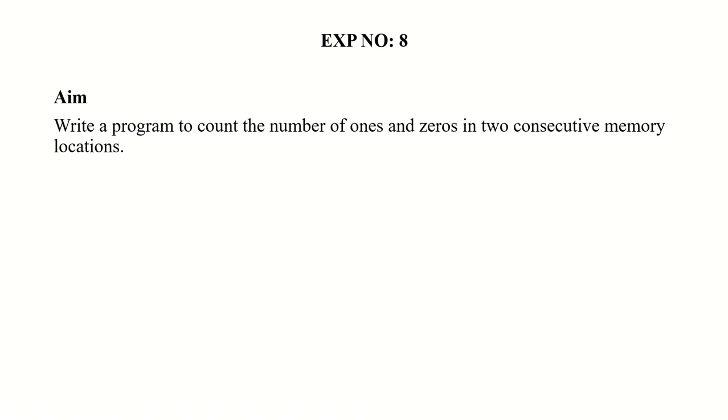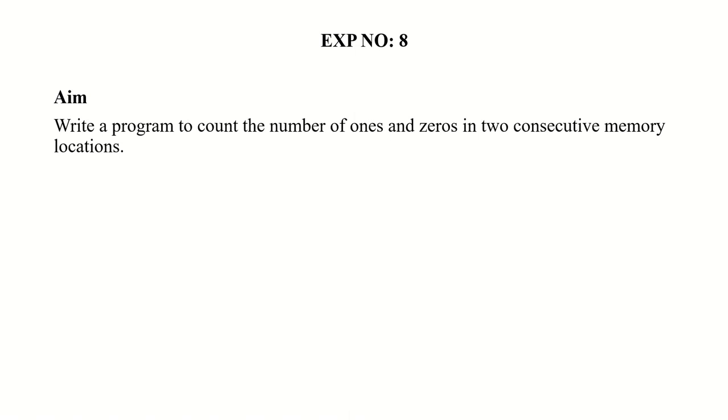You know generally how many ones and zeros 3 contains. 00 is 0, 01 is 1, 10 is 2, 11 is 3. In binary format, 11 means 3. So 3 contains 2 ones, and the remaining are zeros. For a 32-bit size, it is the same thing: 2 ones, and the remaining 30 zeros. That count we have to find out here. Number of zeros is 30, number of ones is 2.